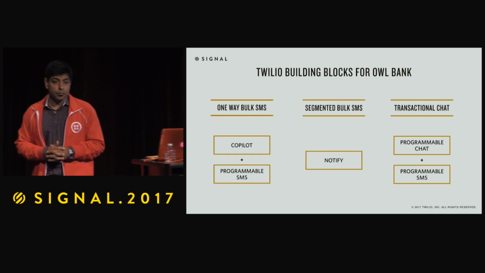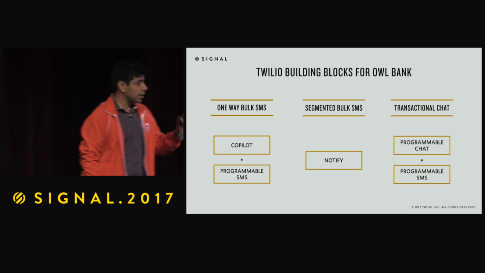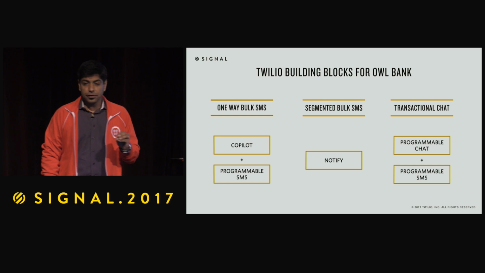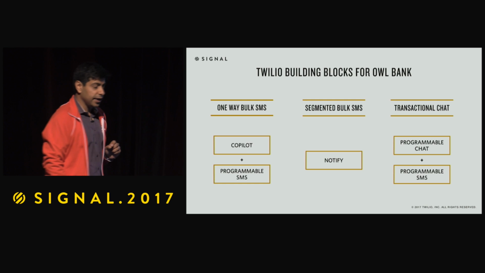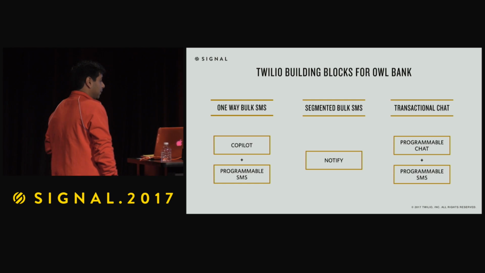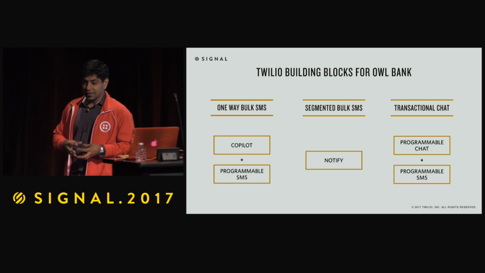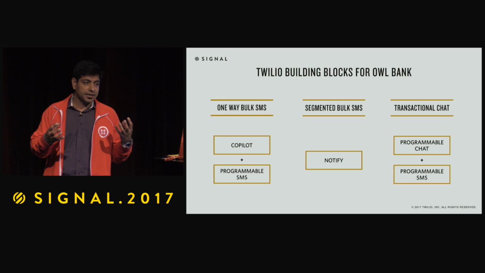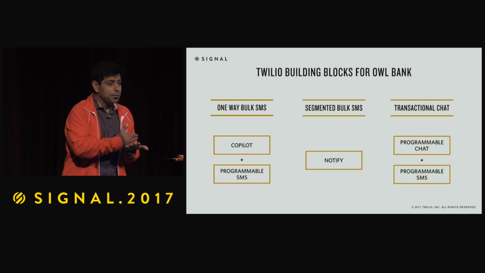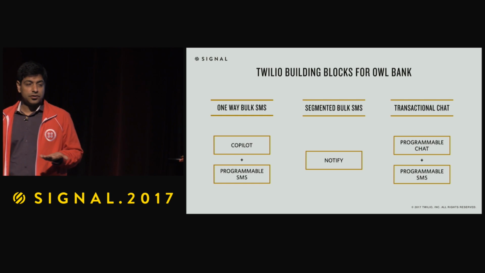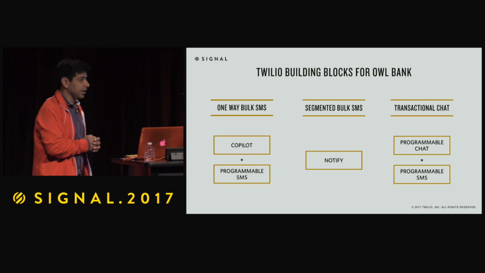And to make all of this happen, we're going to use different Twilio building blocks. For sending bulk SMS, we're going to use programmable SMS, which gives you the ability to send and receive text messages from any programming language that you use today, and from any web and mobile application. And we're going to use Copilot. Copilot is an assist that we provide. Think of them as controls that handle a lot of the underlying communications infrastructure to get past the issues of scaling messages from 1 to 1 million, or 1 to 10 million, or 1 to 100 million, handling a lot of the orchestration underneath.